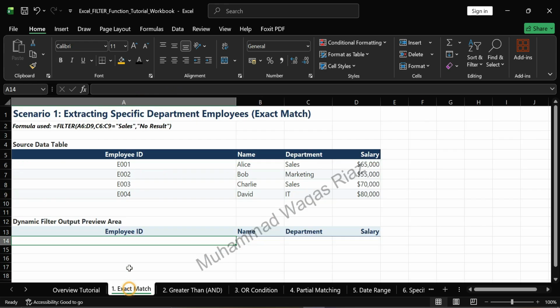First example is extracting specific department employees, exact match. In HR work, you may need to quickly list all employees from a specific department like sales. You simply use filter to pull only matching records, and it instantly shows all sales staff in a clean list. Instead of messing up our master list, we use a basic exact match rule. We type